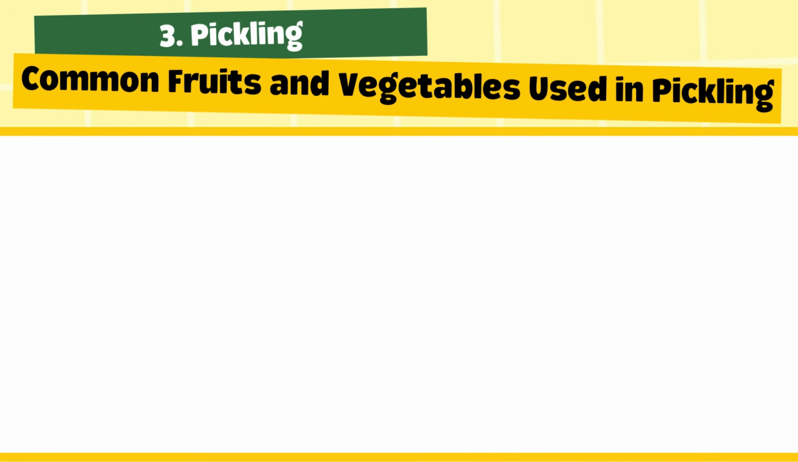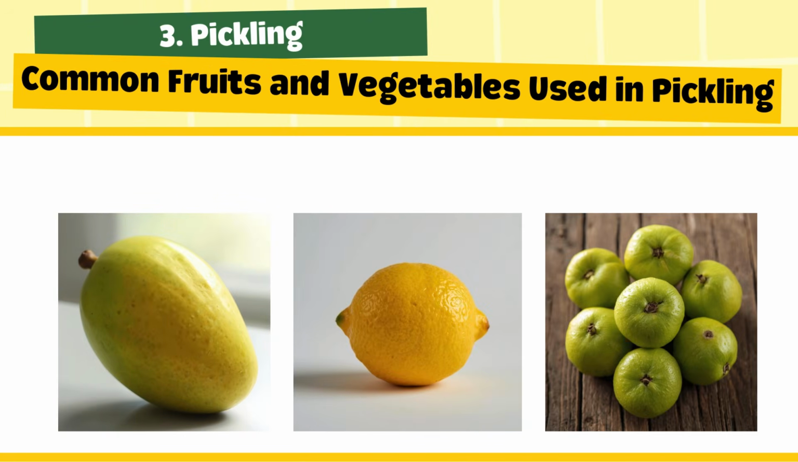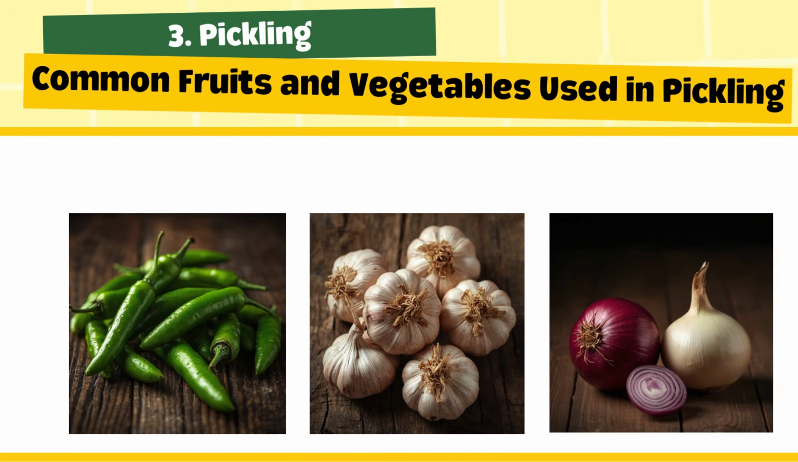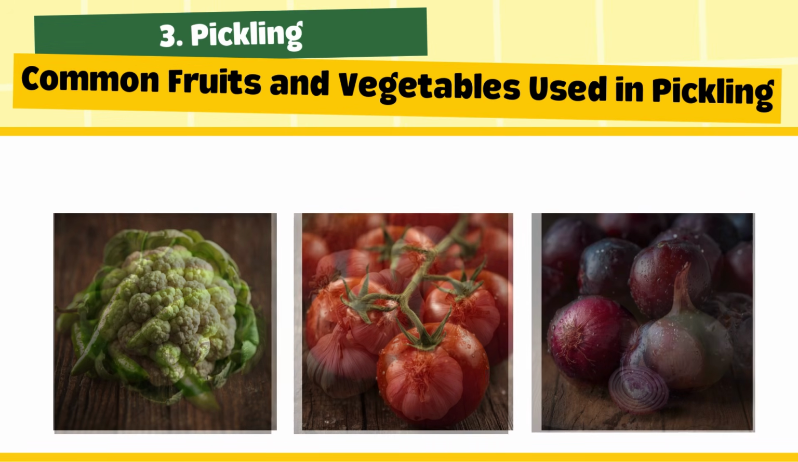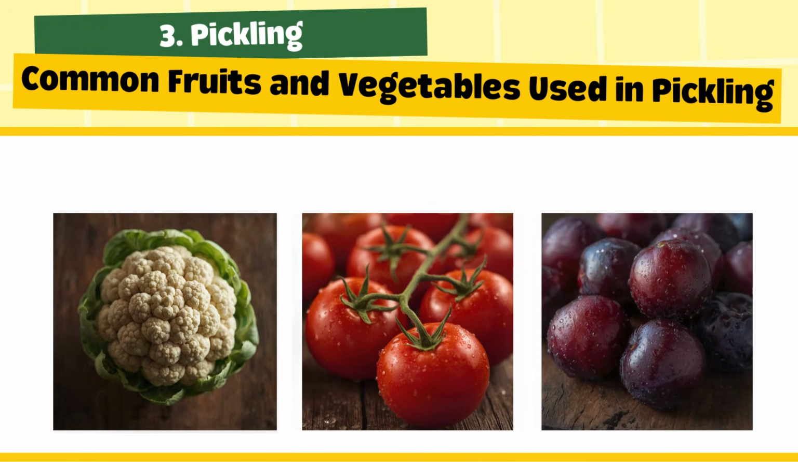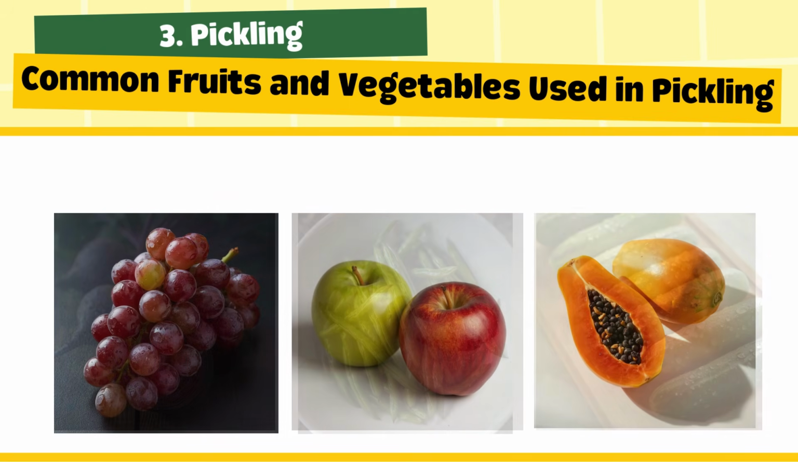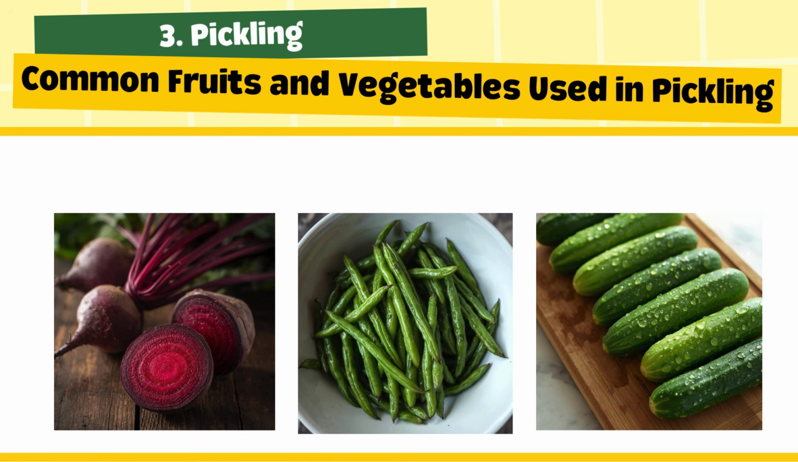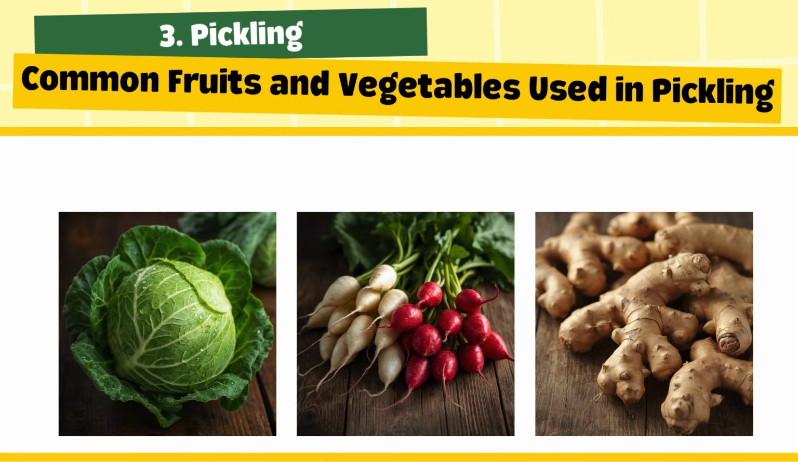Common fruits and vegetables used in pickling. Raw mango, lemon, amla, green chilies, garlic, onion, cauliflower, tomato, plums, grapes, apples, papaya, beetroot, boiled beans, cucumber, cabbage, radish, ginger,